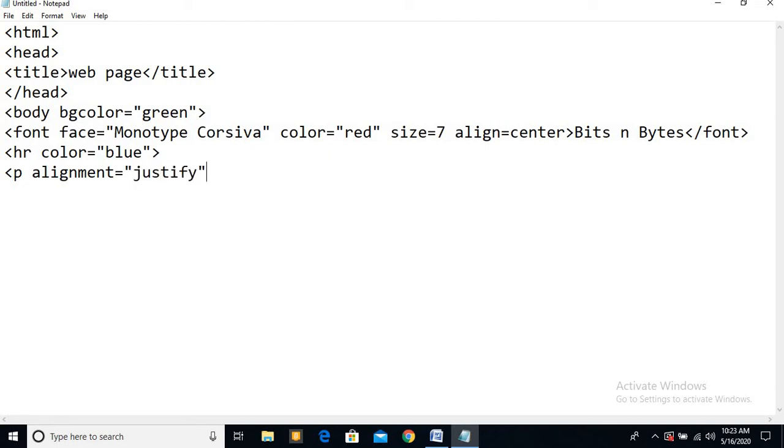Okay, if you do the left align, the whole text will be left aligned. If you do the right align, then alignment no, only align. If you do the right align, then the text will be totally right aligned. If you give the center, then text will be center of the web page. Okay, but if you give justify, it properly merges the text towards the left and right margin. So that's why I have given P align is equal to justify.